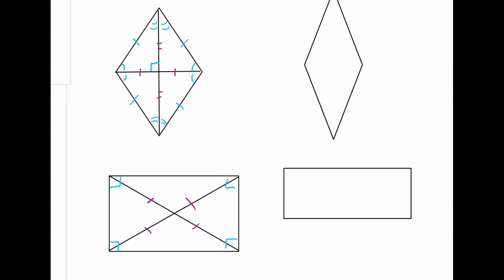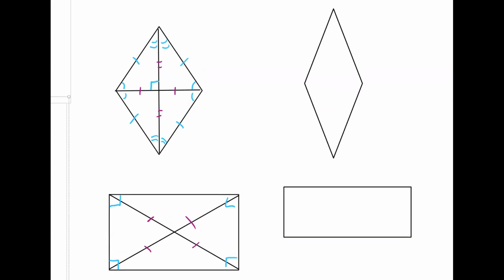But what you probably didn't know is that every rhombus can be made into a rectangle, and every rectangle can be made into a rhombus. So here, we're looking at a rhombus that's clearly not a rectangle, but if you look at this, all four sides are the same. Oops, I'm going to have to make another one. So when we